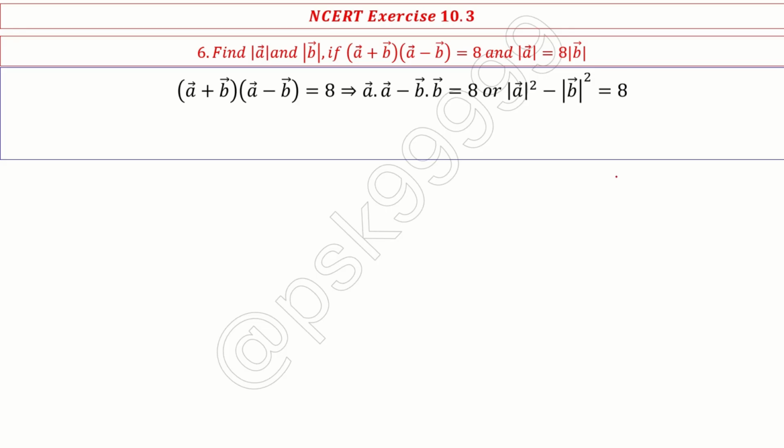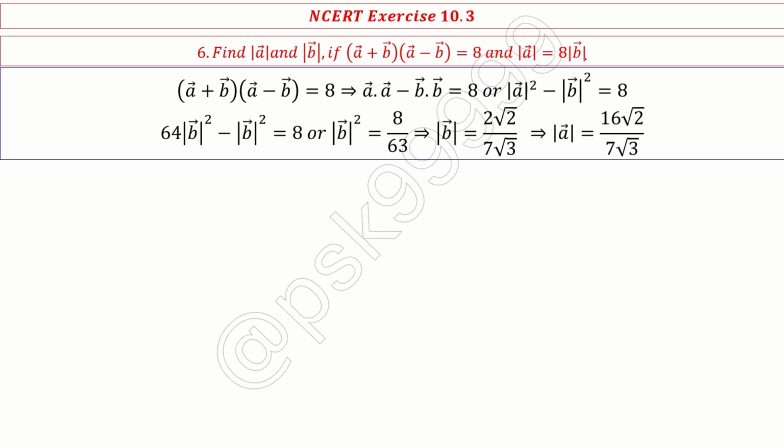And the second equation is given in the question itself: magnitude of A is equal to 8 times magnitude of B. So if you substitute that, you will solve the equation. You will get both magnitude of B bar and A bar. Okay. Next,